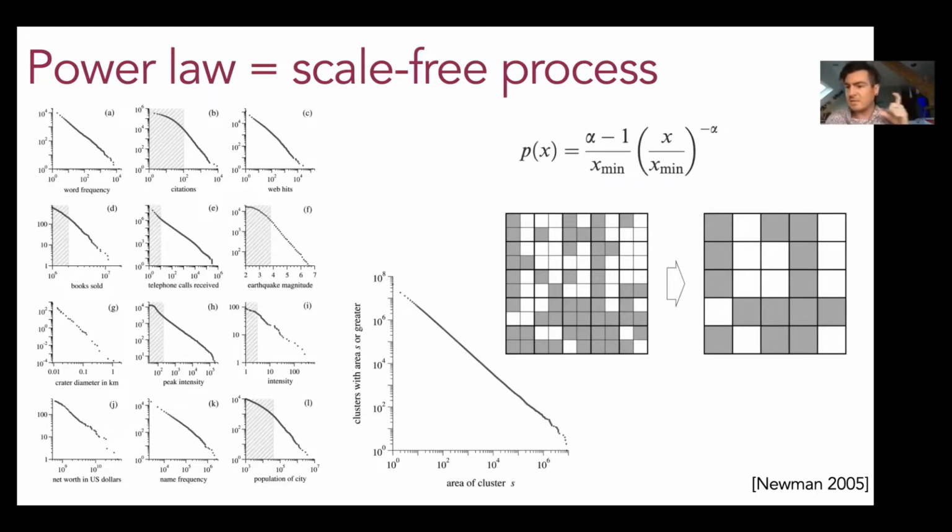It doesn't change the probabilities of how things happen. So one really trivial example to help think about this is, let's say I have a grid of boxes here, and I'm going to fill in boxes with some random probability. You could think about this like a chessboard, but instead of having white and black, the probability that a given space is black is some probability. And I'm looking at the sizes of the clusters of black squares that are all next to each other.